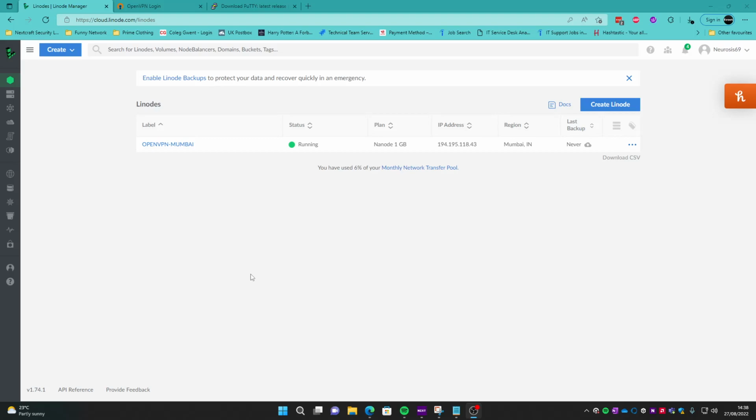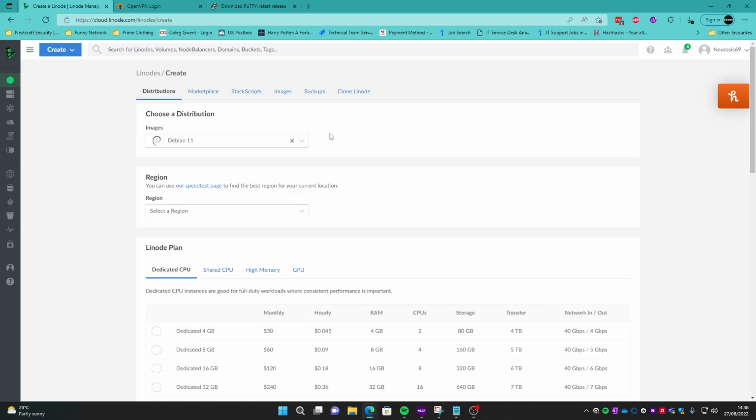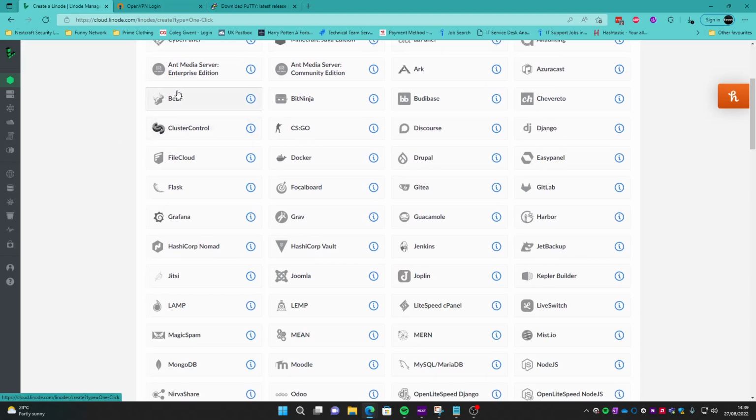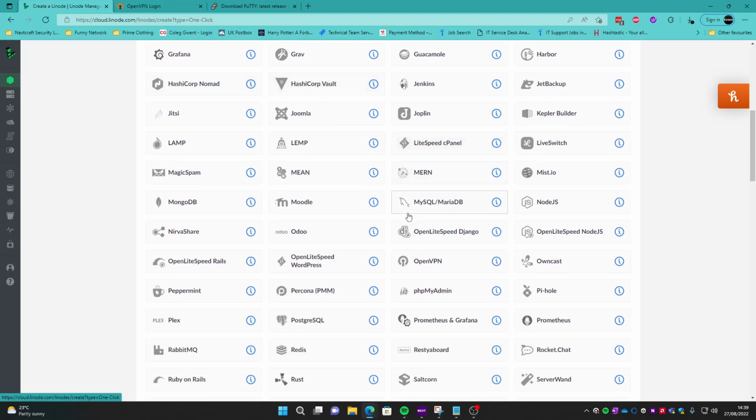So what we will do is we will create a new Linode. So click on the link up here, and you will get a bunch of options. What I recommend is clicking on Marketplace, and here you can select apps that will come pre-installed once the server goes live. So you can create a WordPress, a cPanel, or if you're into your gaming, you can create yourself a CSGO server or a Minecraft server. But what we want is openVPN. So we'll scroll down to openVPN,